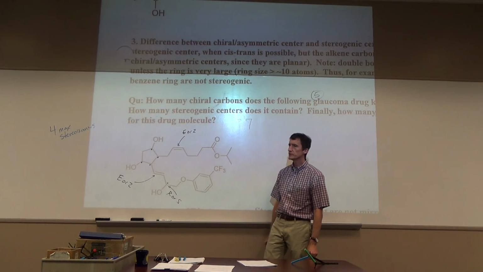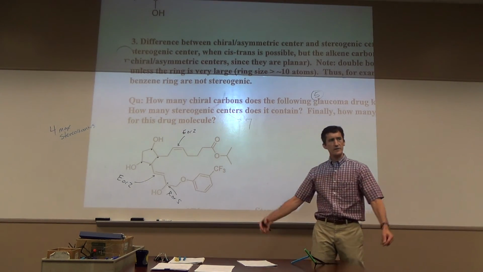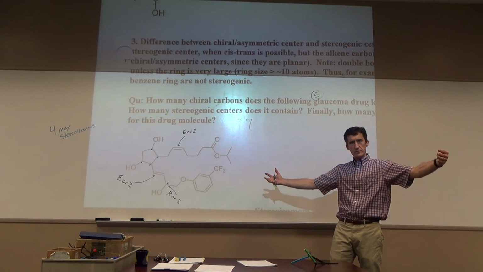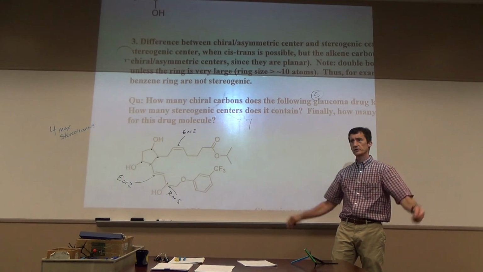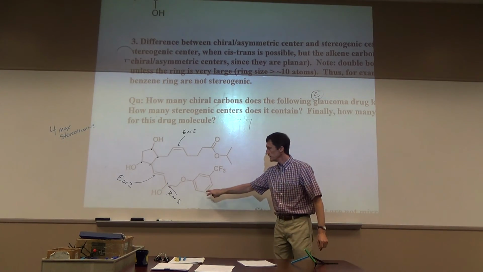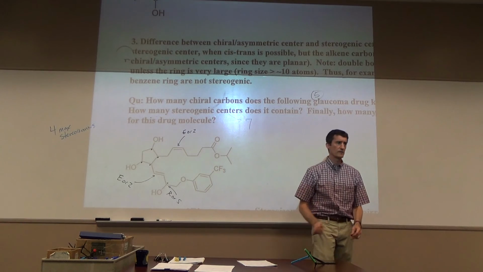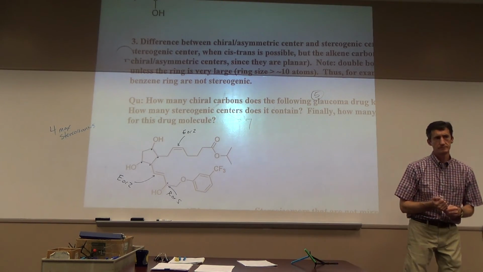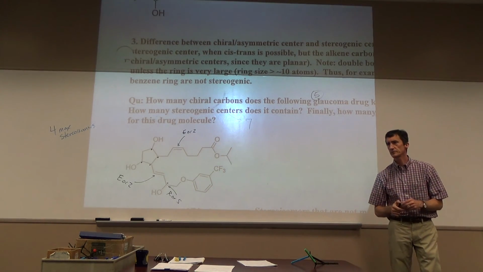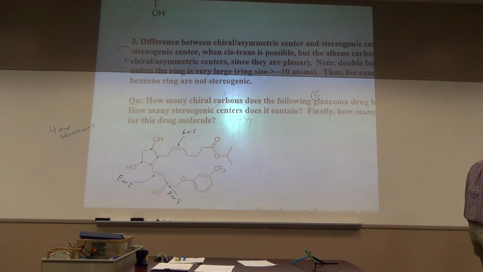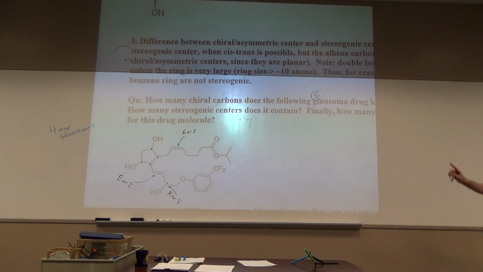Okay. I don't know if I addressed that in the video. If you've got a real big ring, like 12-membered, maybe you could be stereogenic. But a 6-membered ring, these double bonds are not stereogenic. They cannot be trans. It's physically impossible. Okay, now knowing that the total is 7,